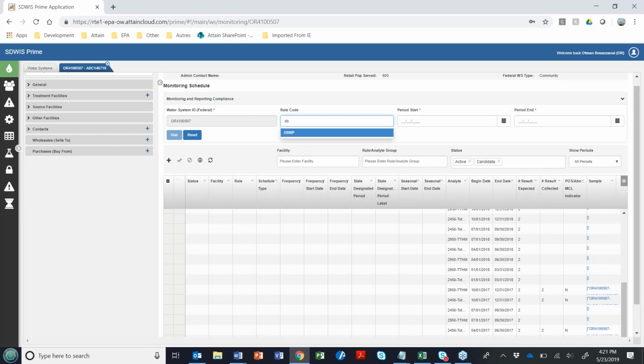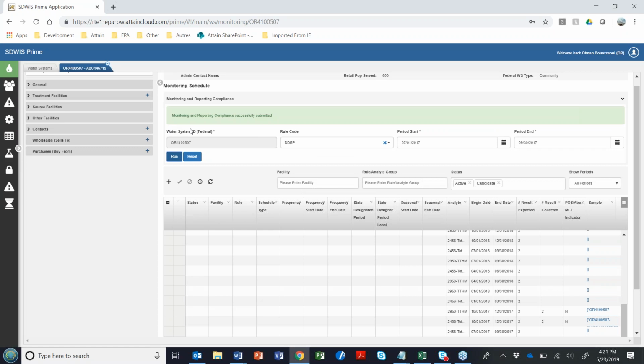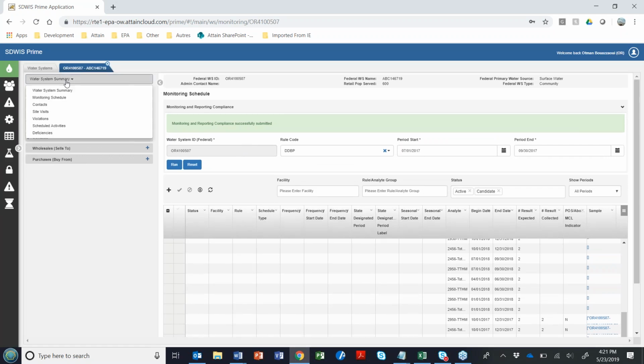So we're running MNR compliance for DBP. Start with July 1st, 2017, and we're covering the third quarter, so we're going to go all the way to September 30th, 2017. Hit the run button. Get a quick confirmation message that the request is submitted.